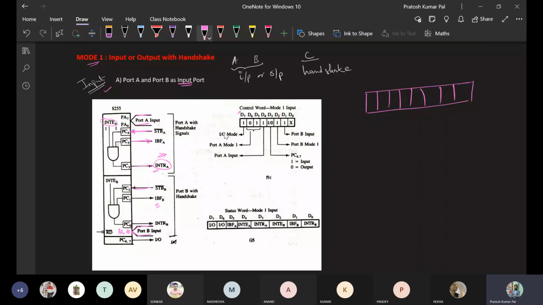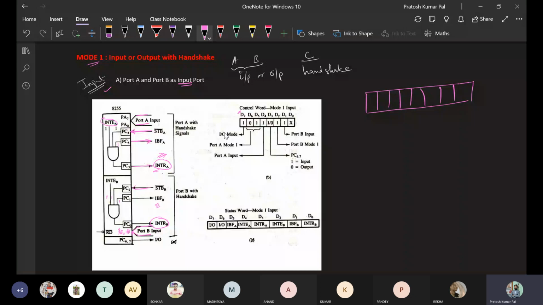Okay, and if port B wants to send some data from the peripheral device, it will provide an interrupt signal to the microprocessor, and this will be activated only when the interrupt enable pin, the strobe pin and the IBF pin, all three pins are 1. Then only this interrupt will be enabled.